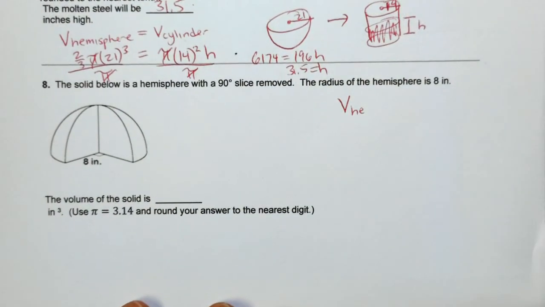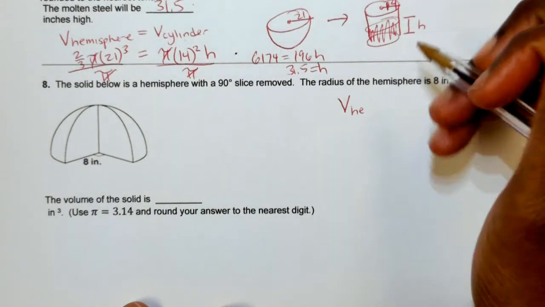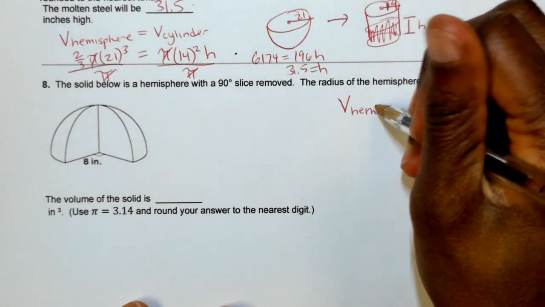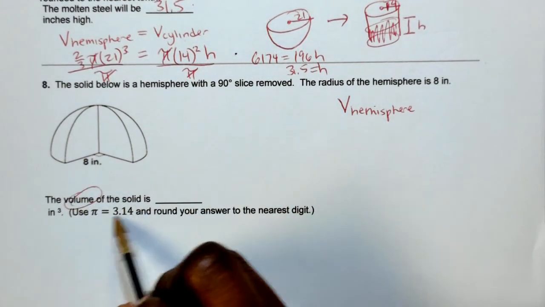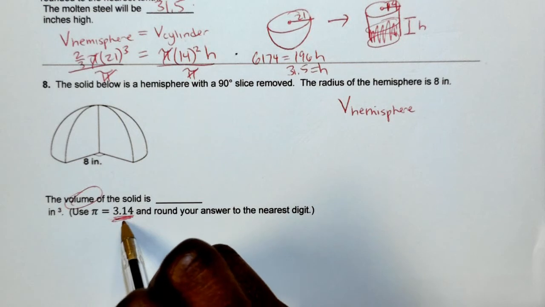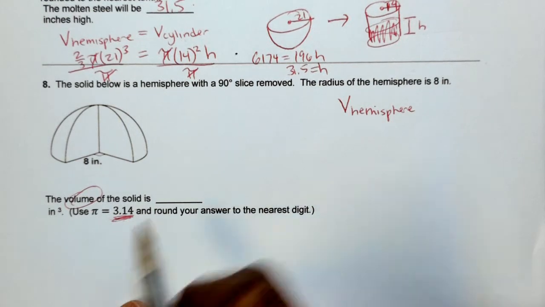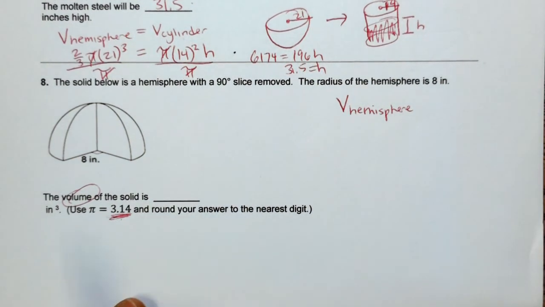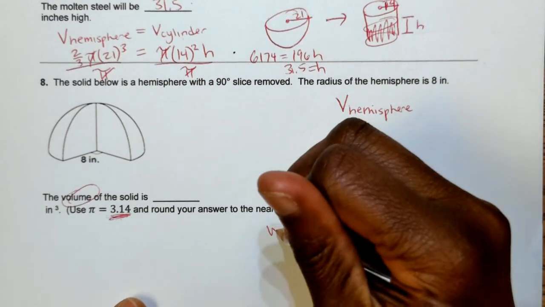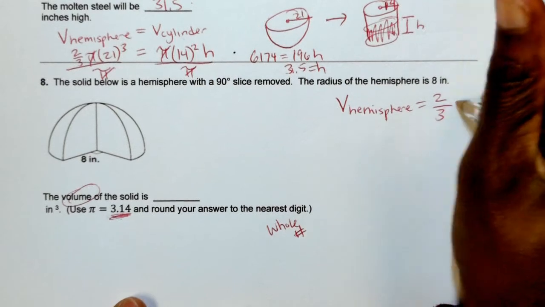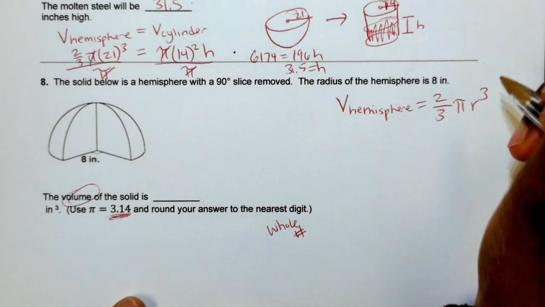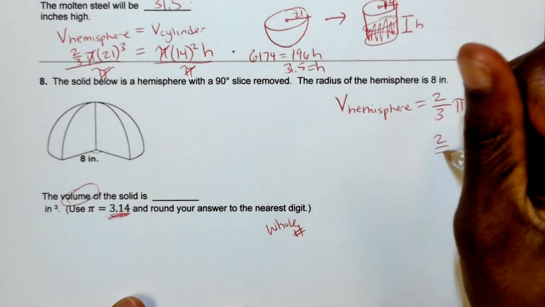Okay, number 8, the solid below is a hemisphere with a 90-degree slice removed. Okay, so the hemisphere radius is given. So the hemisphere formula, they're asking for volumes, and they want us to use, this time they specify, so if it says use 3.14, the answer might be wrong if you don't. Round to the nearest digit means the nearest whole number. It's a weird way to ask it, but okay,